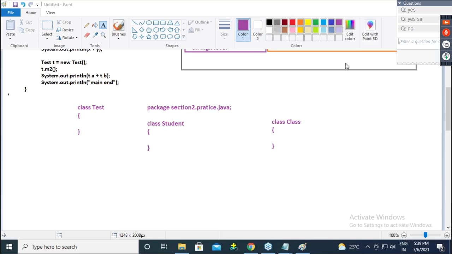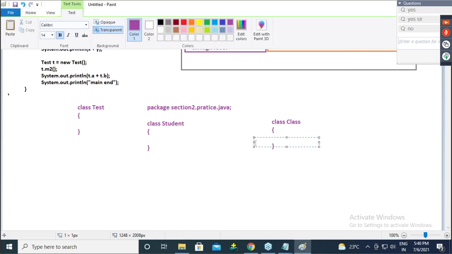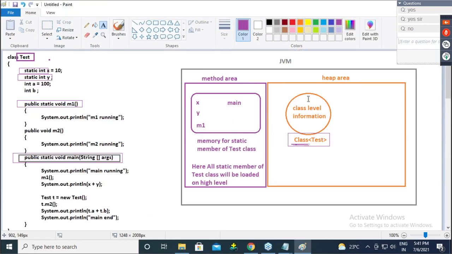Okay, now listen carefully. Why does a static member load only once? Tell me, guys, when does static member loading take place? When the Class type of object is created. As soon as this object is created, only then will all this loading happen.